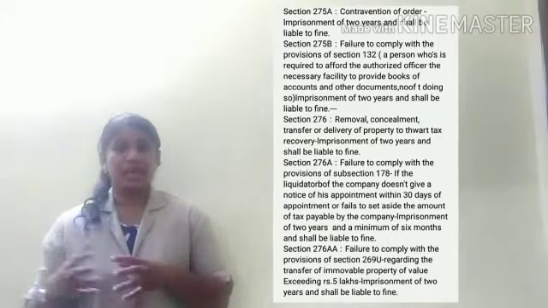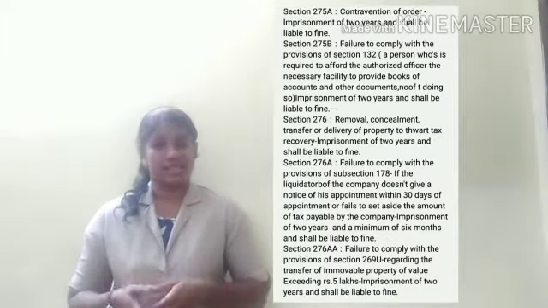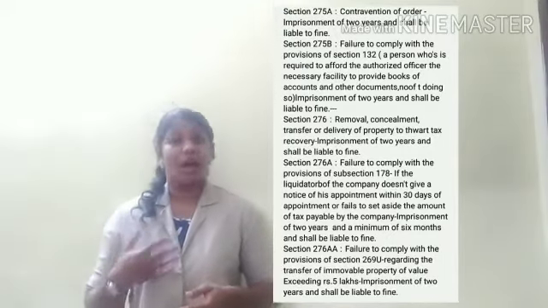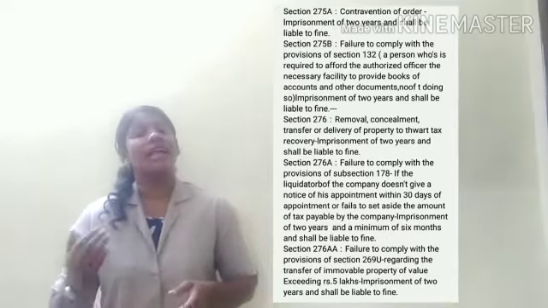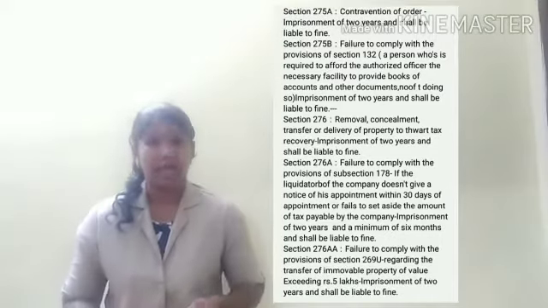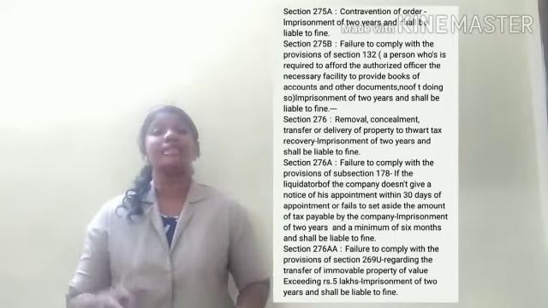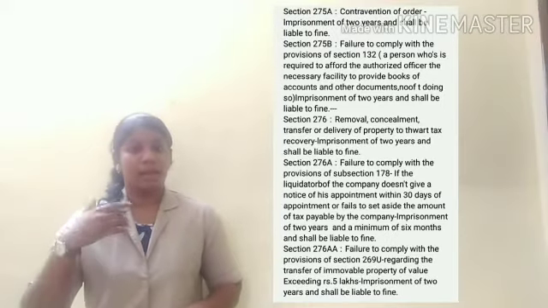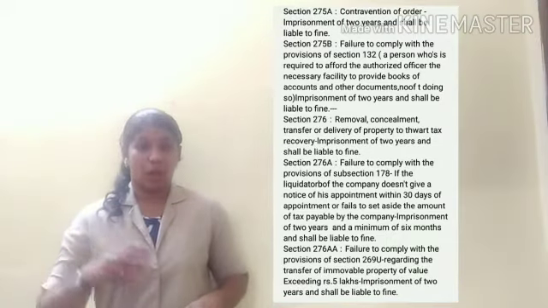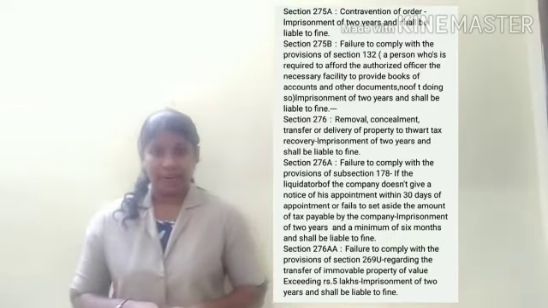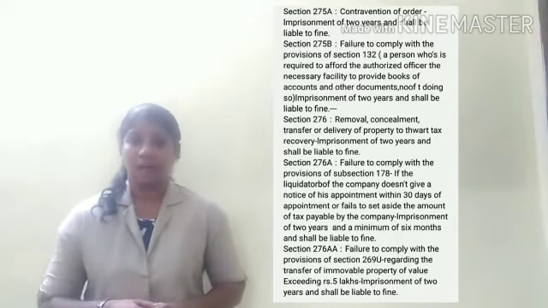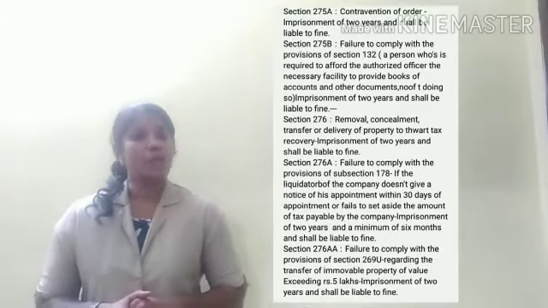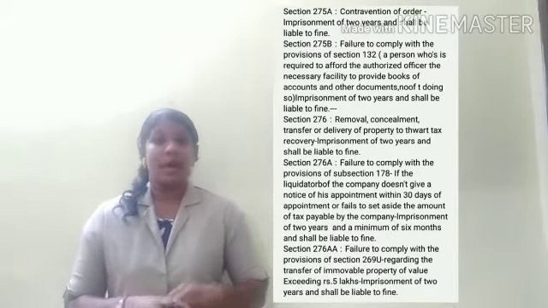Okay, a person who removes or conceals or delivers or transfers any property in order to evade tax or thwart tax recovery shall be liable for an imprisonment which may extend to 2 years, with a fine determined by the income tax authority. That is the third one, which is defined under section 276. Are you clear? Okay, then the next one, the fourth one, is failure to comply with the provisions under section